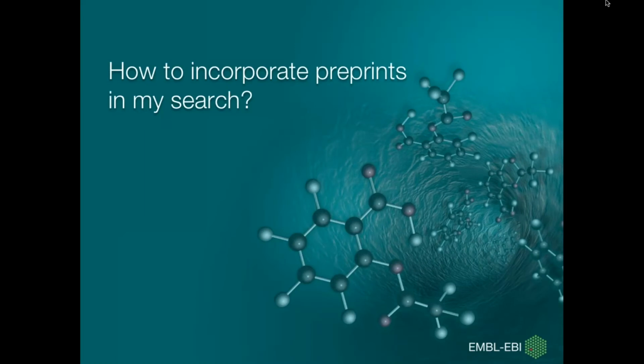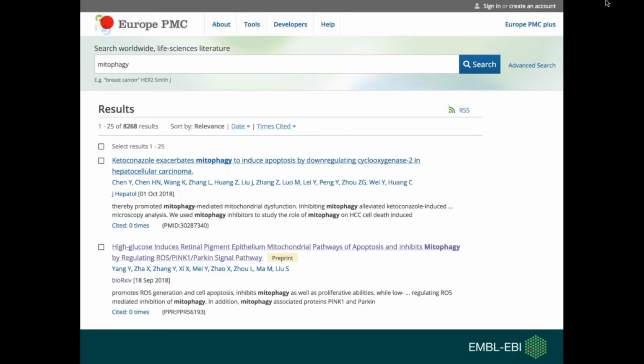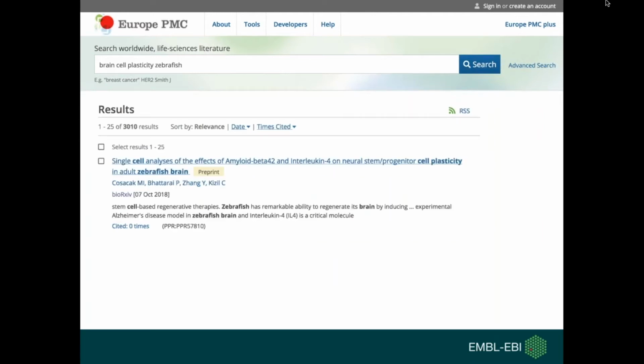Now, the question that I asked before is, how do you incorporate preprints in your search? And the beauty of using Europe PMC is that you don't need to do anything special, because any of your searches, any of your keyword searches, just as you would do in Google Scholar or PubMed or any other tool, will already contain results that are preprints. Whether you're searching for a single keyword, here I'm searching for mitophagy, and you can see peer-reviewed articles together with preprints in the results. Whether you're searching for a number of keywords, for example, brain cell plasticity in zebrafish,